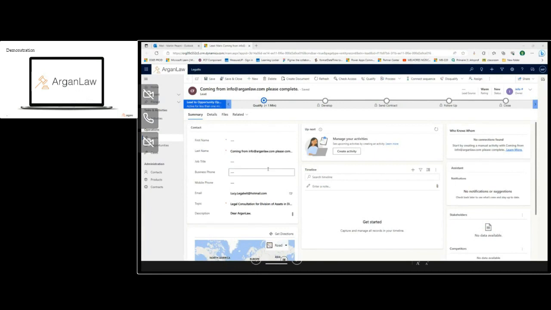To better understand, I'm just going to give you a short idea of how D365 works in terms of the sales module. The first thing you do is you create a lead. A lead is a prospect. So it's a client that wants your service, but you're not too sure if you're able to answer them. Let's say in this case, if Lucy wanted some criminal law advice and we're a family law firm, it wouldn't be a good fit. Here we're in the lead process, so we're in the getting-to-know-each-other type of approach, right?